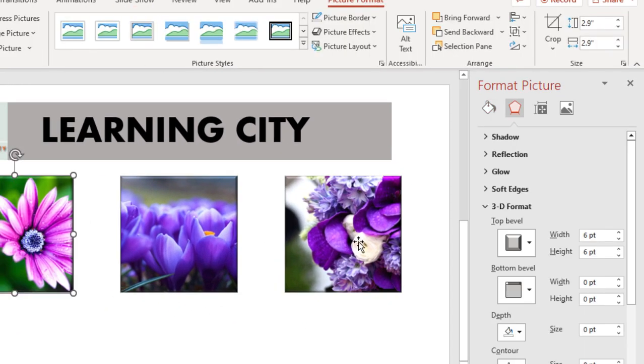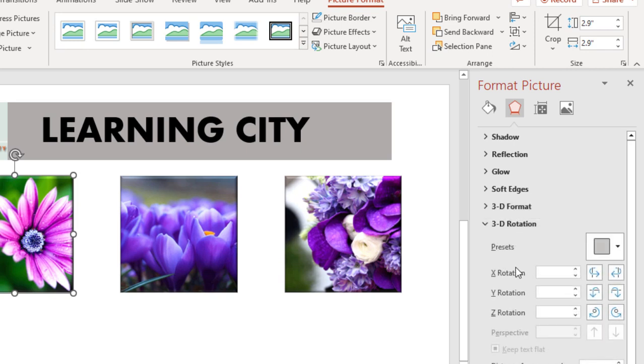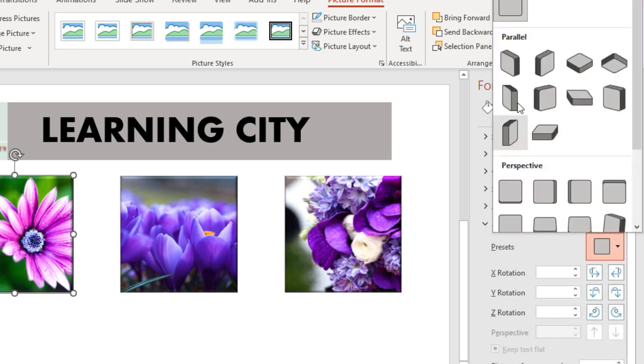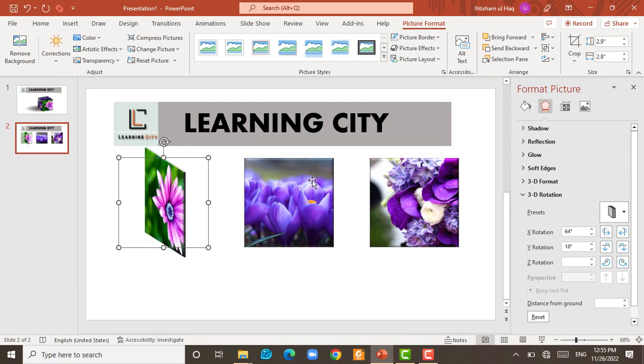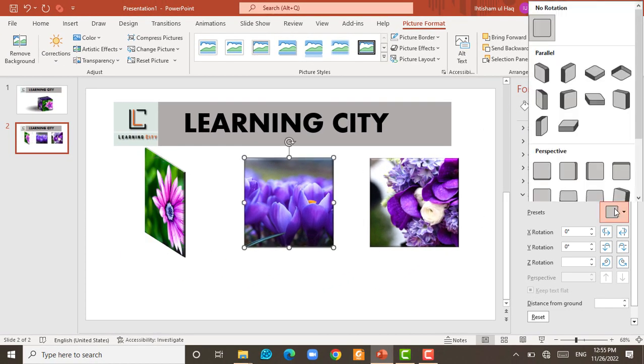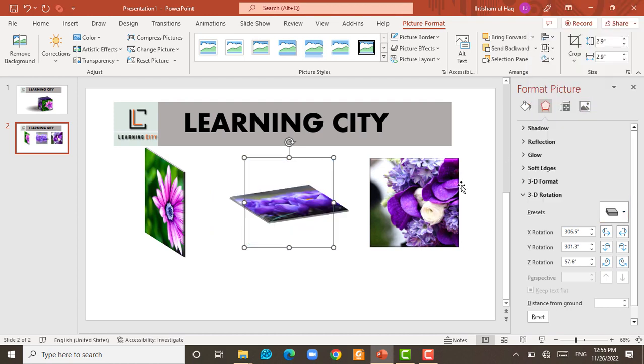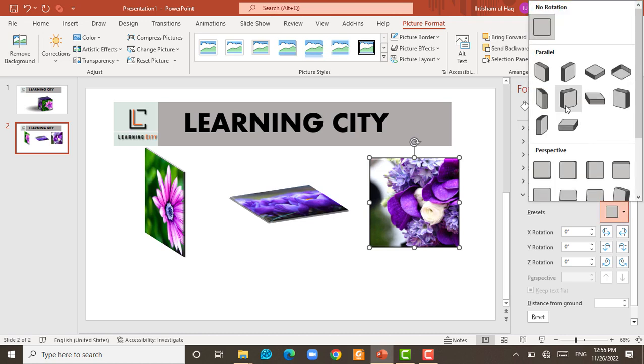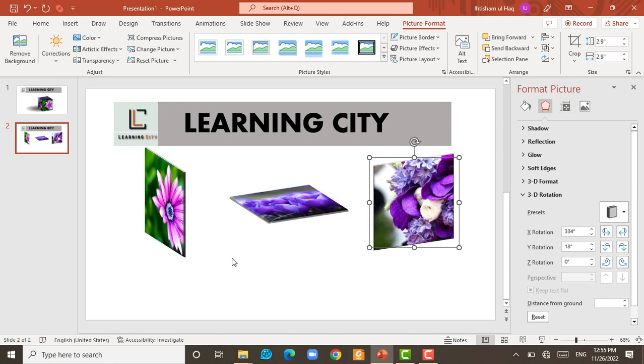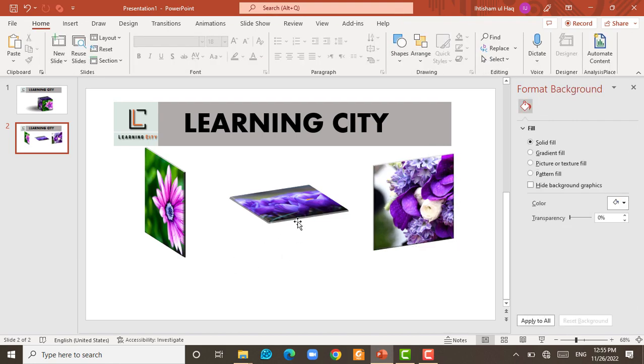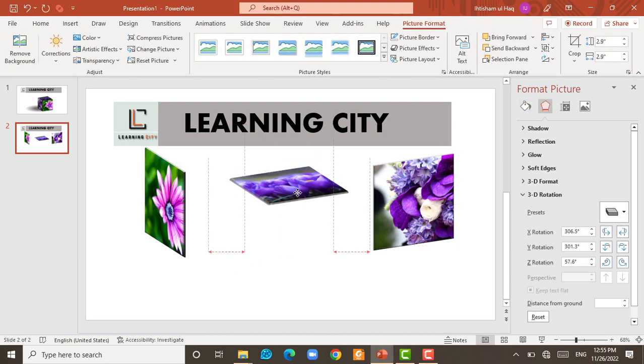Select individual picture. Under the 3D rotation tab, give it off axis 1 left to this one, give it off axis top. For the third one, as we have 3 pictures, give it off axis 1 right. You have to do nothing more, just combine all these pictures